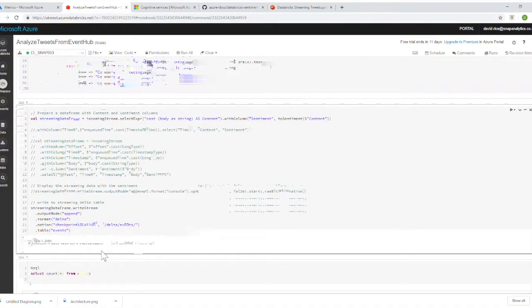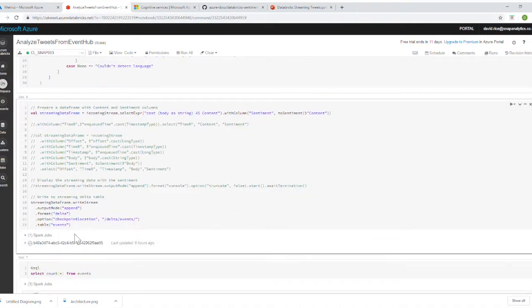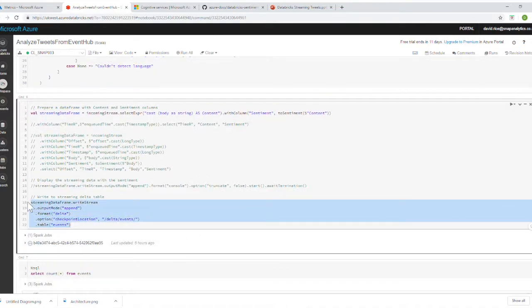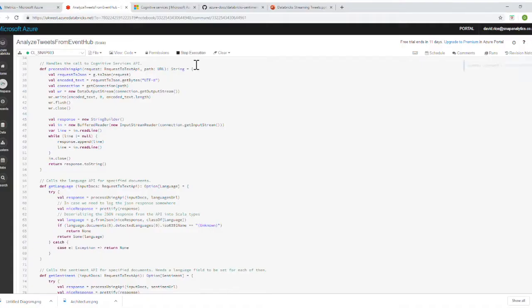The other thing we're going to do is we're actually going to use Databricks Delta. So we're going to create a Delta table called events, and we're going to stream those tweets with sentiment into that Databricks Delta table. So if we just kick this off. So on one hand we've got our streaming tweets into the Event Hub. That is still running, and we're now